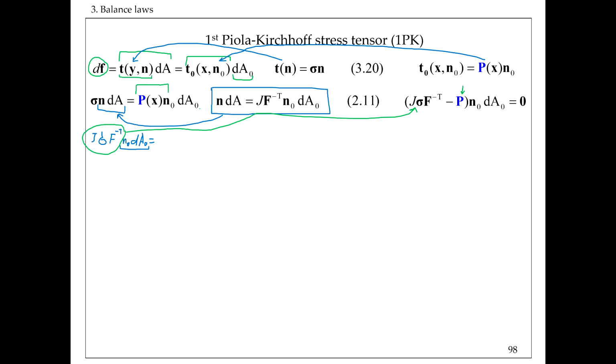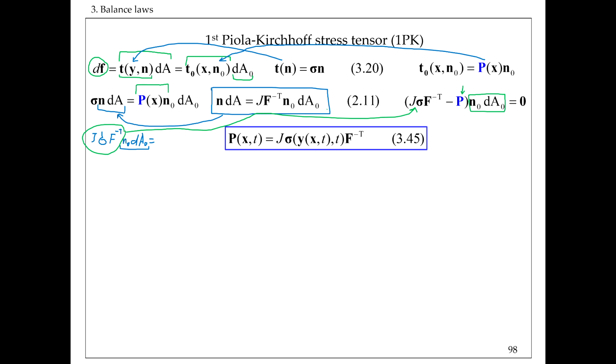Naturally from this equation, that needs to be 0, and that needs to be true regardless of our choice of this referential area element. So to satisfy that it is equal to 0, we need to say that in fact P is equal to J sigma F minus transpose, and so in that way we establish this connection between this Piola-Kirchhoff stress tensor